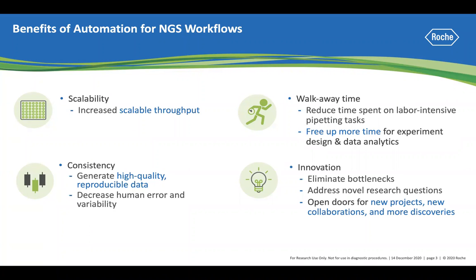And this increased throughput allows labs to address novel research questions that might not be feasible if they were relying solely on manual processing. So some examples include drug discovery, microbiomics, plant breeding, disease research and diagnostics, and even environmental monitoring. And each of these application areas requires screening of large numbers of samples using NGS. An increased innovation can also mean that you have more time to spend on collaborations, opening doors for new projects and scientific discoveries. So now that we've summarized some of the immense benefits of automation, we'll talk about the process